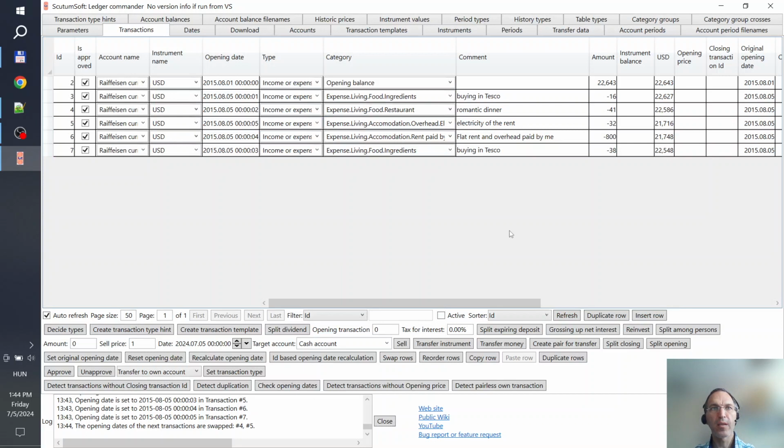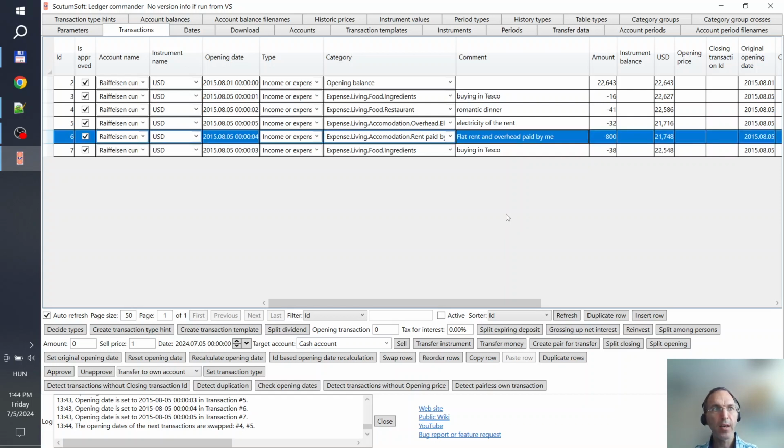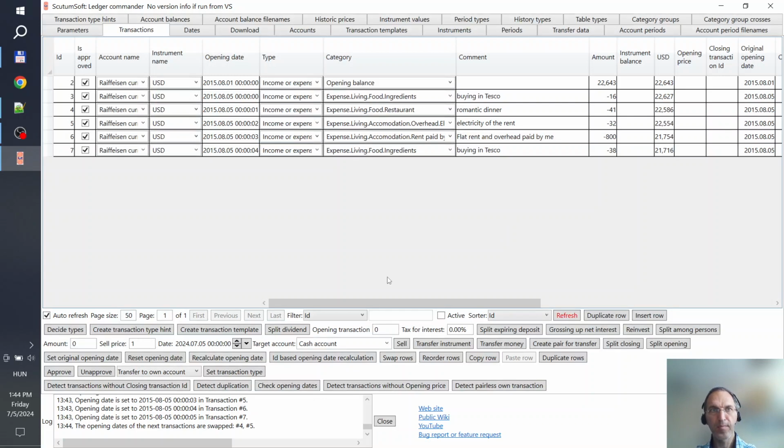Now the opening date order and the ID order do not yet match. So select any of transactions 2 to 7 and press the ID-based opening date recalculation button. Be cautious with changing the row order if buying transactions are involved, but this is not the case now.